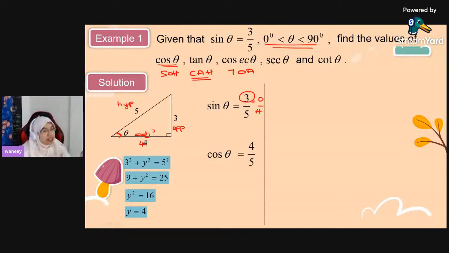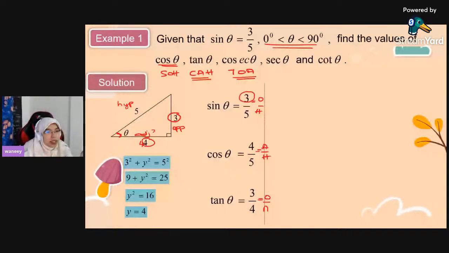And then what about the tangent theta? So tangent is actually opposite over adjacent. So the opposite is 3. The adjacent is 4. Therefore, tangent theta is equal to 3 over 4. So cos, this is A over H. This is O over A. Okay, so those are the cos and the tangent, and now we have to find the cosecant, secant, as well